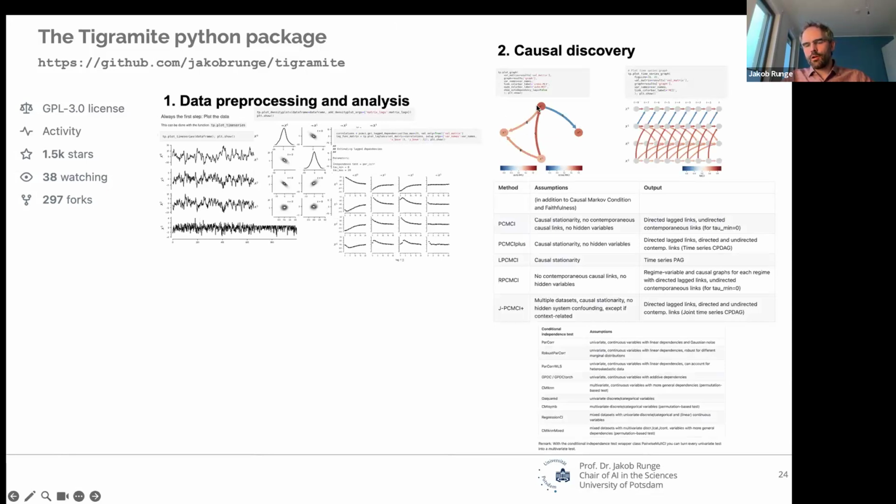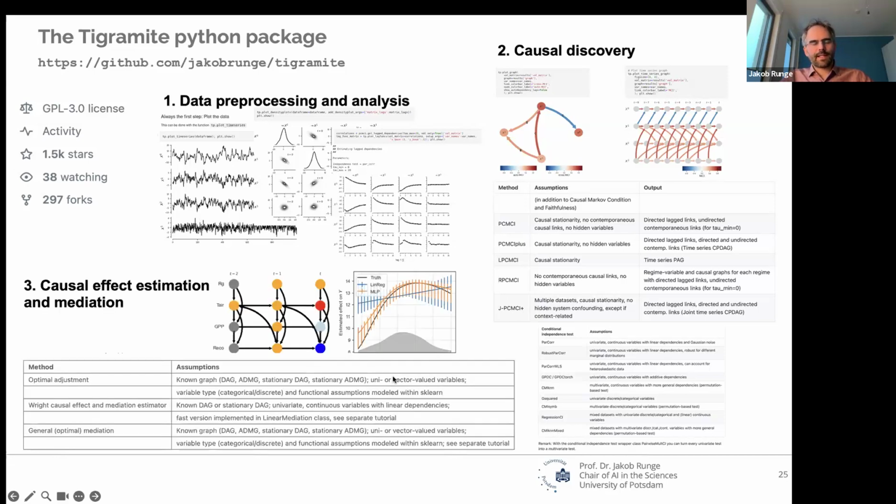So you can learn causal graphs, and there are the methods we developed in my group. And there's a large range of independence tests for different types of data, different types of assumed relationships. And then there's causal effect estimation and mediation implemented. So this is based currently on optimal adjustment or any other adjustment set that you have.